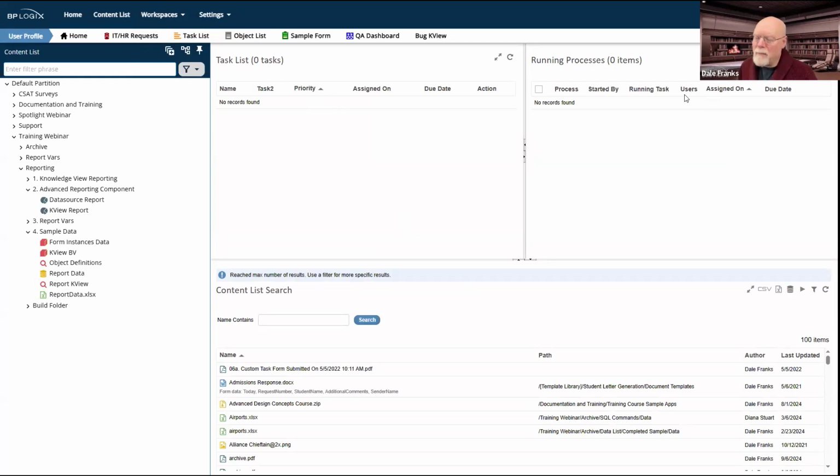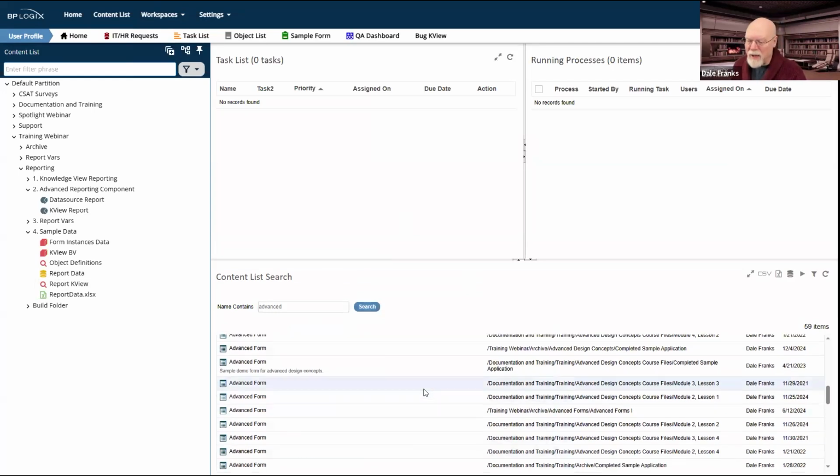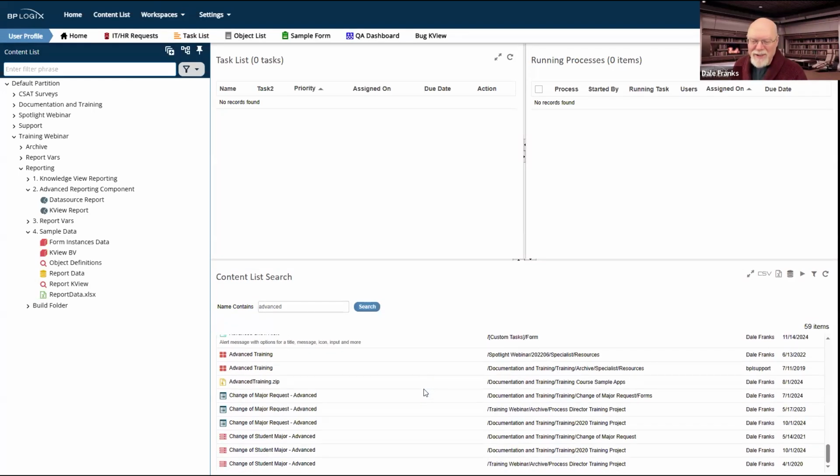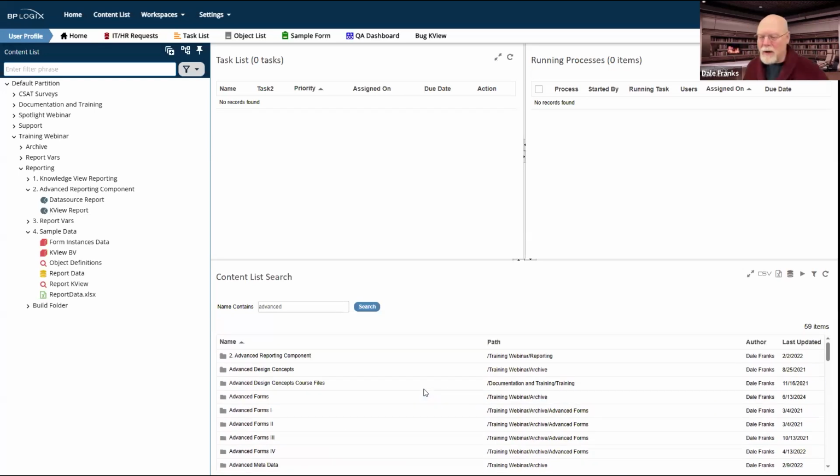Running processes, there aren't any on the system, but I've got this Knowledge View down here at the bottom, which is my content list search. And that's pretty great because I can just go in and do a quick search as long as I spell things correctly, and I can search for specific items on my system. Apparently, I use the word advanced a lot, so there's 59 items that get returned. So Knowledge Views are great for simple, interactive reporting.